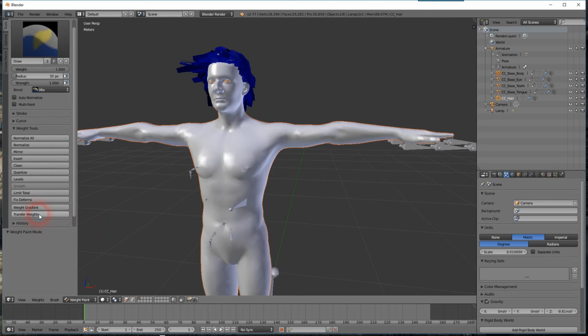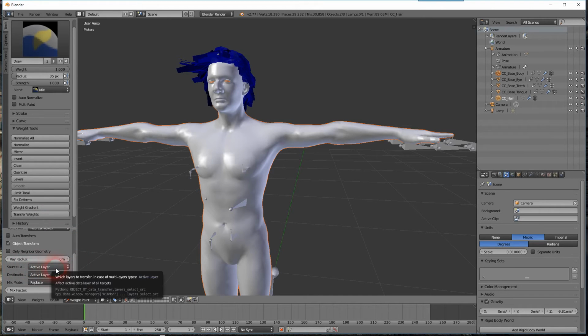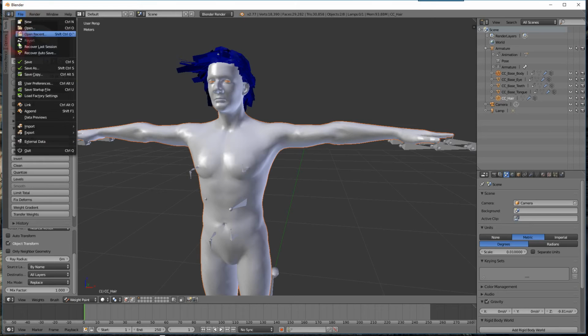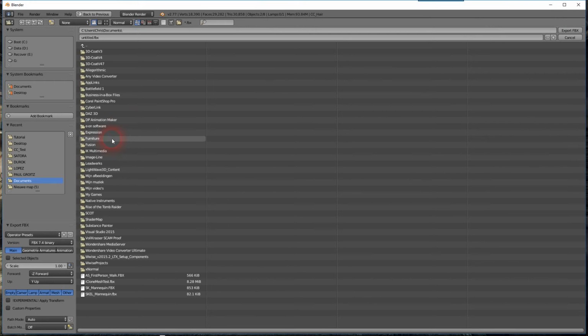And now click on the button transfer weights and scroll down, and in the source layer use the option by name, and that's it for Blender, except we have to export the model. So export to FBX,